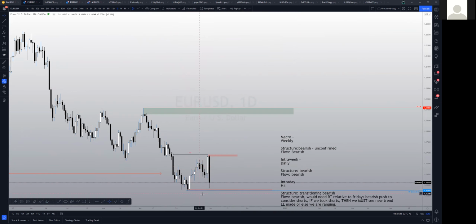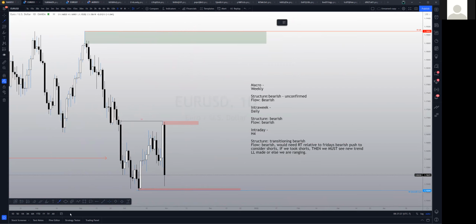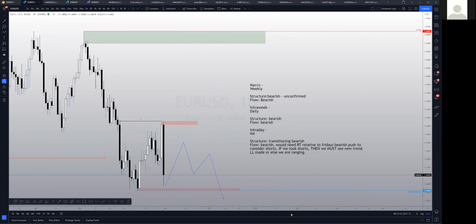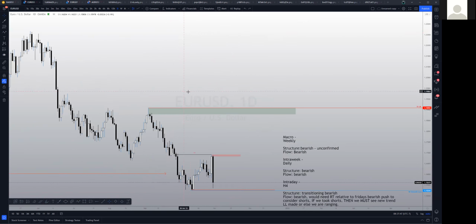Buyers tried to step in. I'm interested in what happens next. Can we continue to push into new lows? If so, I think we're extending. Do we see price pull back up and do something like, for example, this, then try and make that run down? That would make a lot of sense too, and still keep us within a bearish scenario. However, if price decides to instead push into new highs here, this was just a very funky pullback, and we're loading up for a pullback in relation to a larger time frame thing.